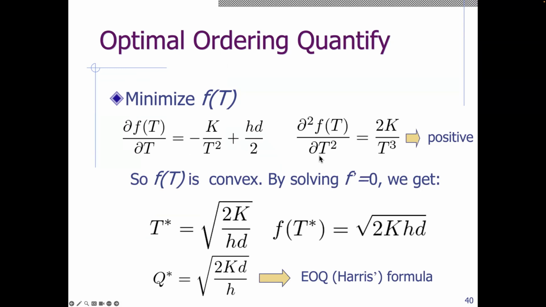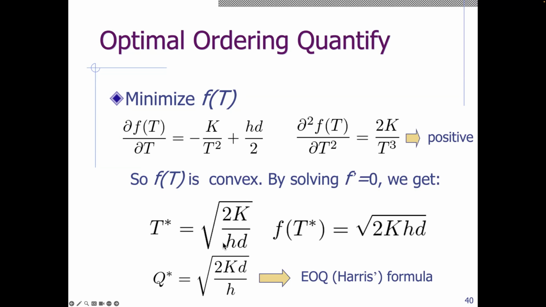This is the second-order derivative. The second-order derivative of f is always positive because both k and t are positive. This indicates the function f is convex. By solving the equation that the first-order derivative is equal to 0, we get the optimal cycle time t*